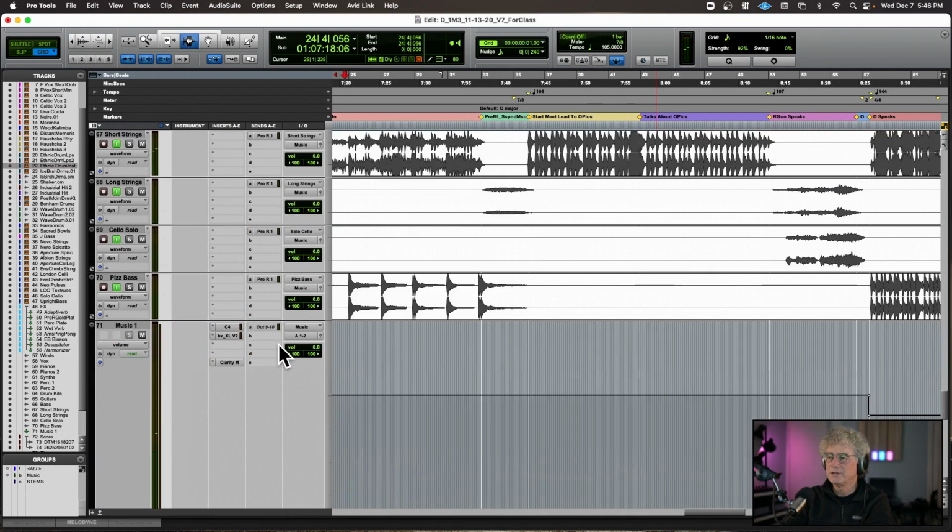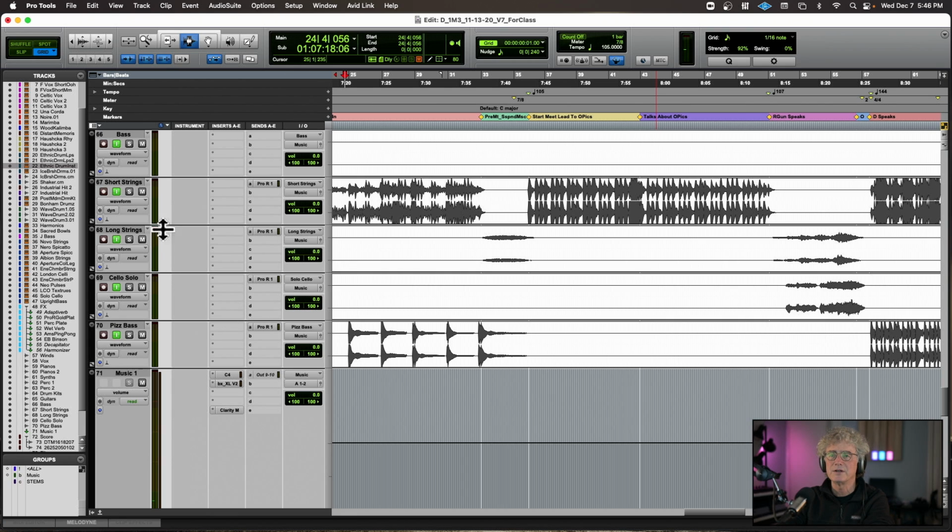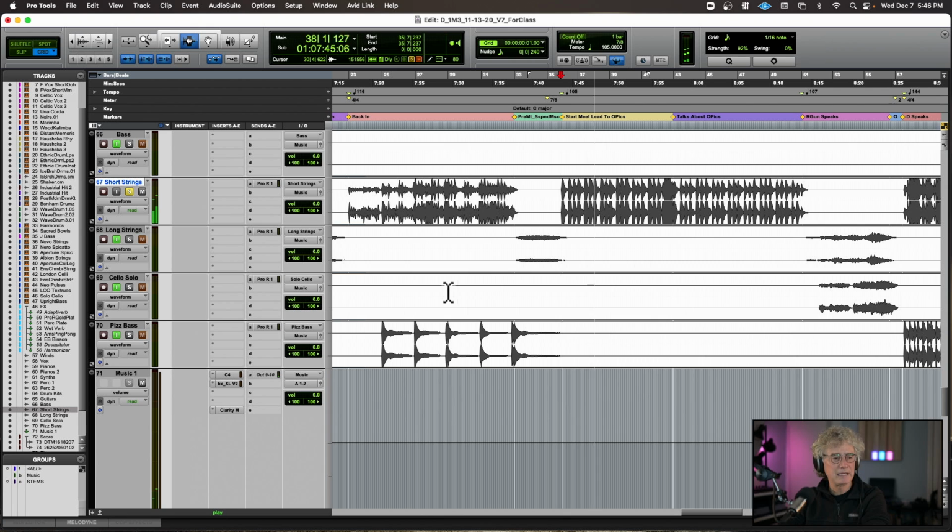Let's go down to the audio. So we've got these strings here, the short strings. So really spiky low strings, and then those col legno. Bum, bum, bum, bum, bum, bum.